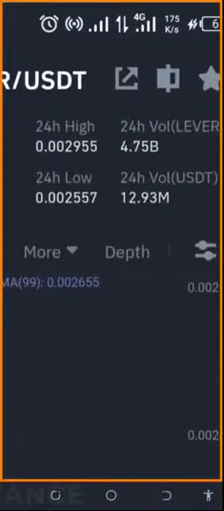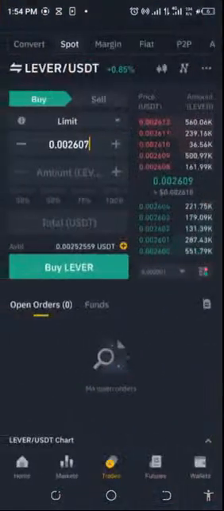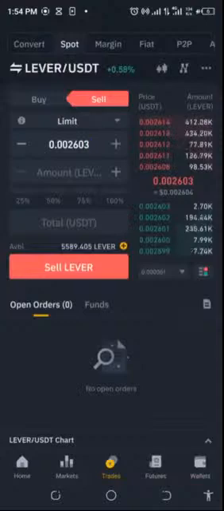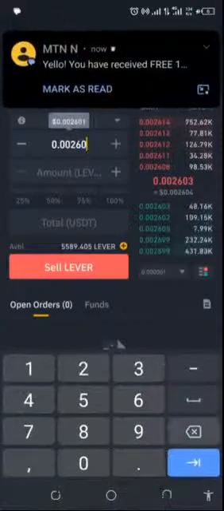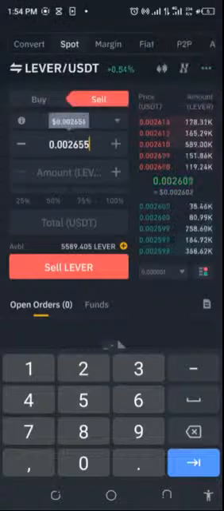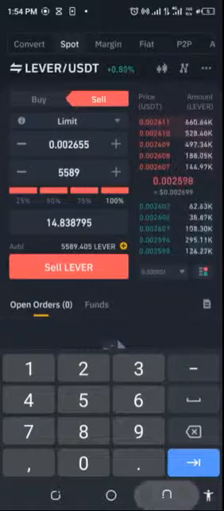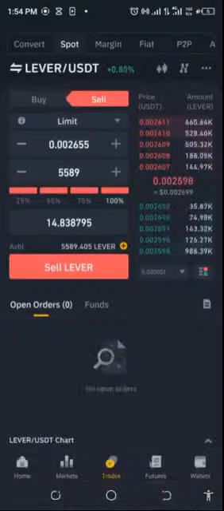We have 2955. So I'm going to go and do 2655. All right, let's do 2655. Okay, so I'm going to take that to 2655. So if I do all of this, I'm going to actually make this amount of profit. So I'm just going to click on sell,